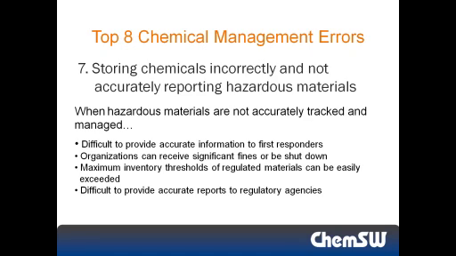Specifically, we know that fire code reports need to have total quantity reporting by class for each control area. Tier 2 reports require max and average quantities during a given period of time. The Department of Homeland Security, CFATS, requires total quantity in pounds per location. And there's also countless other local, state, and federal regulations that require unique reporting thresholds per location, per building, and